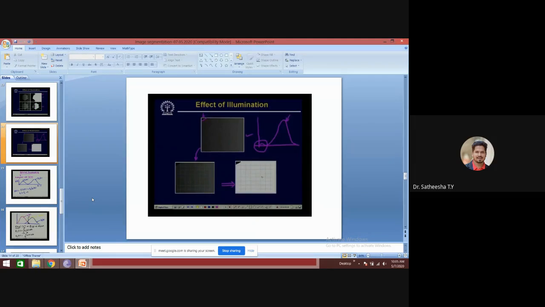Now if I plot the histogram of this, the histogram will be something like this, because the number of pixels in the background is very small. So the contribution of those pixels to the histogram within this region is almost negligible. So instead of becoming a bimodal histogram, the histogram is dominated by a single peak, and that is the reason why this thresholding operation has not given a good result for this particular subdivision.